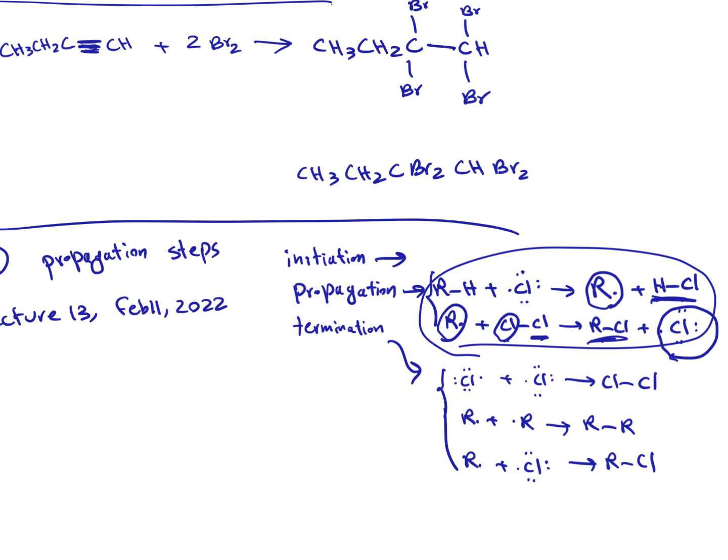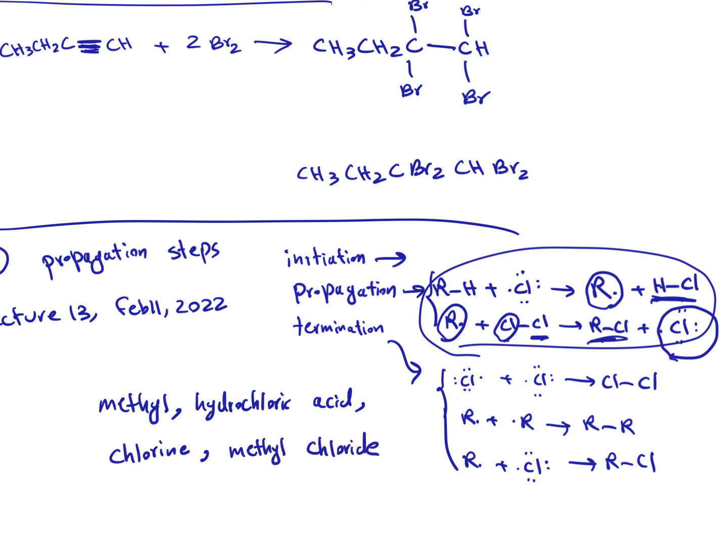So here, because we have methane, we would be having methyl, hydrochloric acid, chlorine atom, and methyl chloride. Okay,